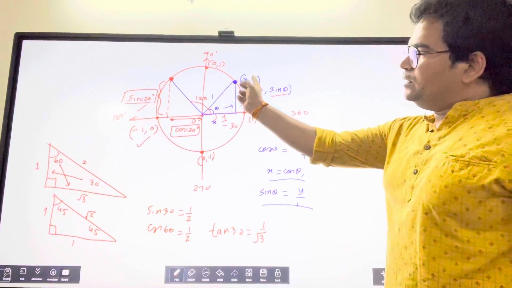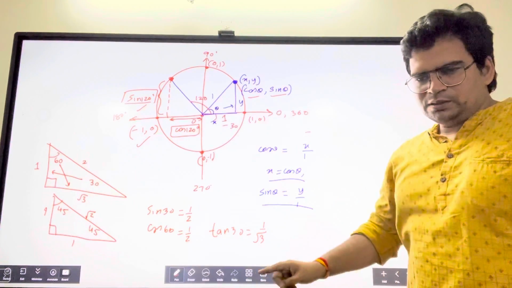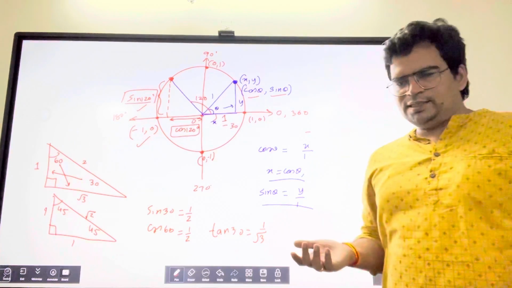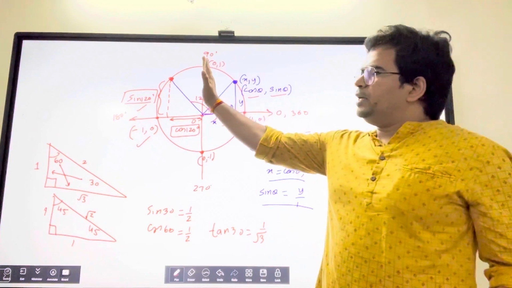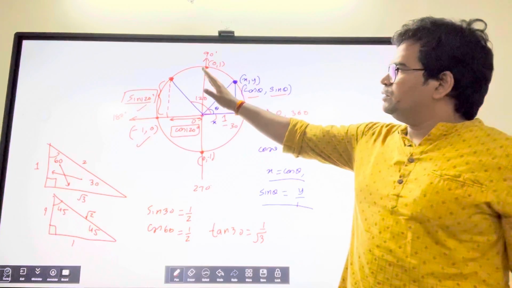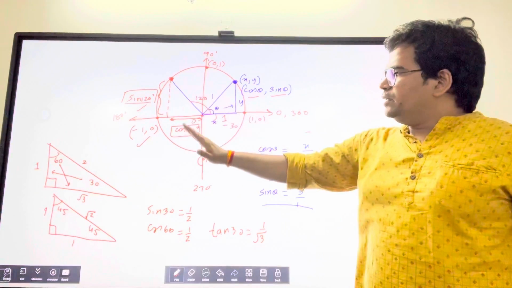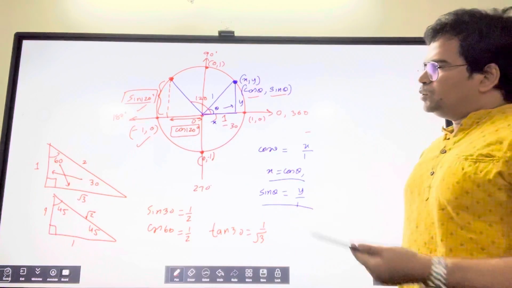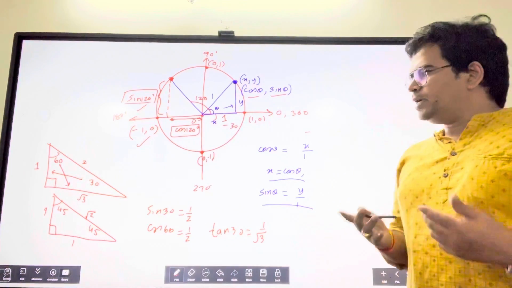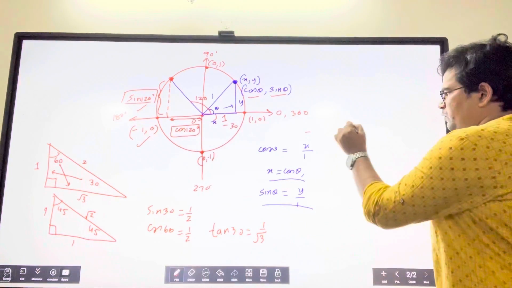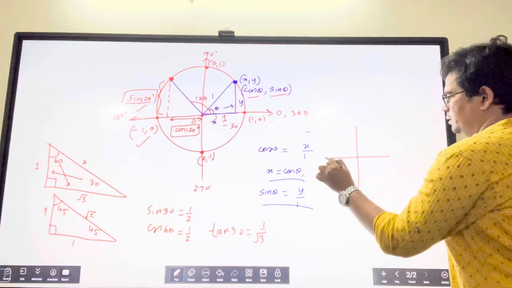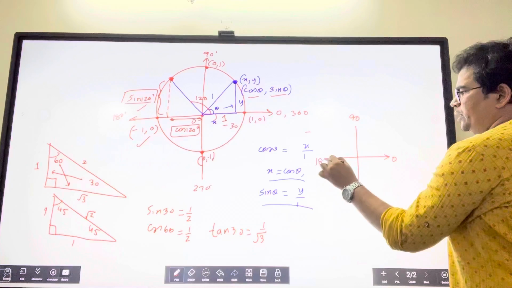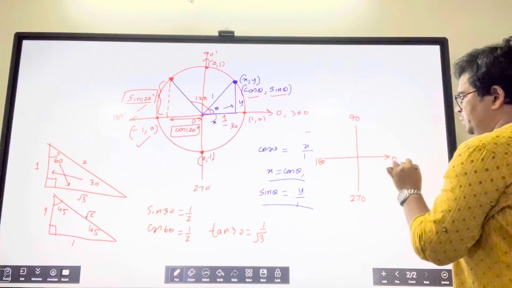Now coming to the angles that are along the x-axis. What if my angle is 0, 180 or 360, or for that matter any angle along the y-axis, for example 90, 270 and so on? How do we tackle those angles? How do you find the sine and cos ratios of those? First, if you look at the unit circle, here is angle 0, this is 90, this is 180, 270, 360,